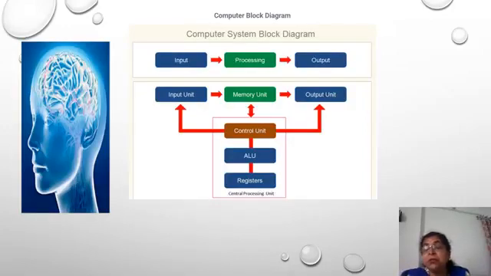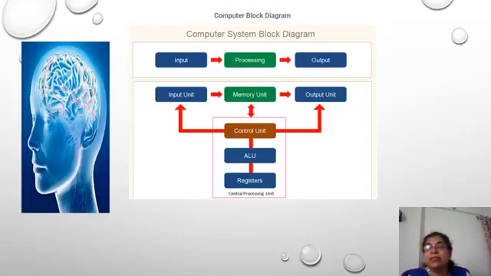computer memory, computer brain. Okay, what is computer brain? We are calling CPU as the computer's brain. Human activities are controlled by the human brain, whereas the computer's activities are controlled by the CPU, that is processor or the central processing unit. The central processing unit is divided into three parts.